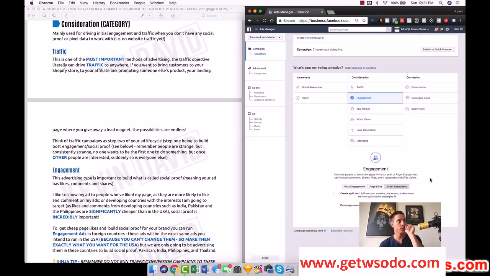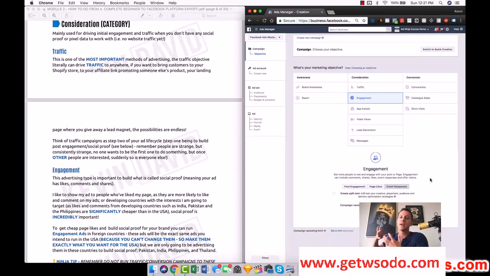Like if you're creating an event ad, for example, like you have a grand opening of your new club or something like that, and you want people to engage with it to give the, not illusion, but to make it look like your event is super popular and a lot of people are interested in it. Because again, I'm not going to keep repeating myself, but people are interested in things that other people have already shown interest in. Nobody wants to be the first to like something. Nobody wants to be the first to comment on something. So those are the hardest ones.